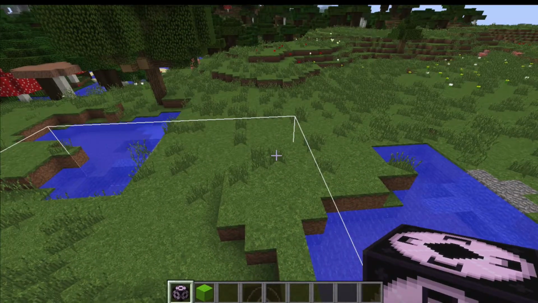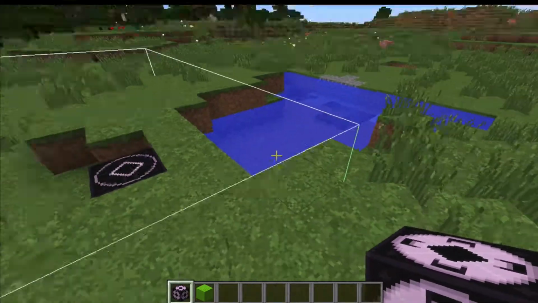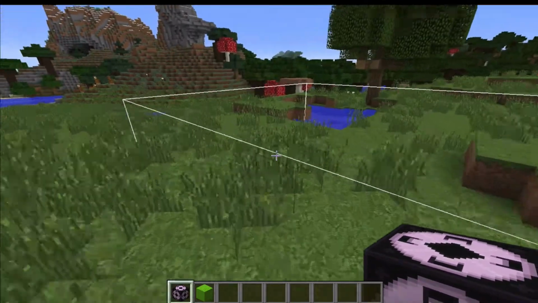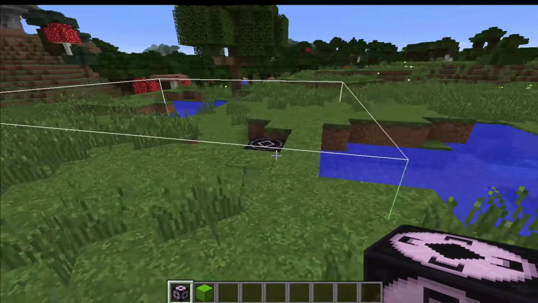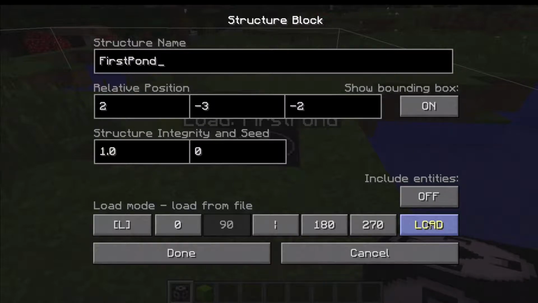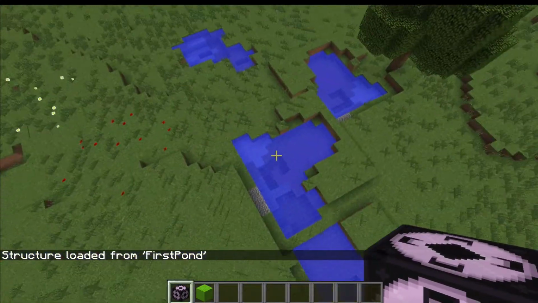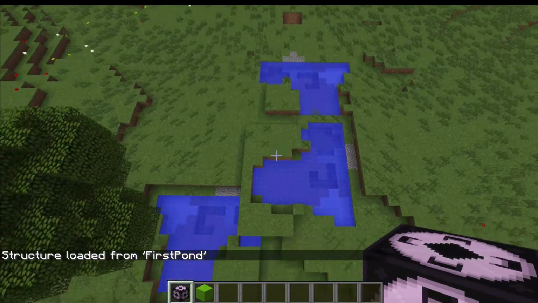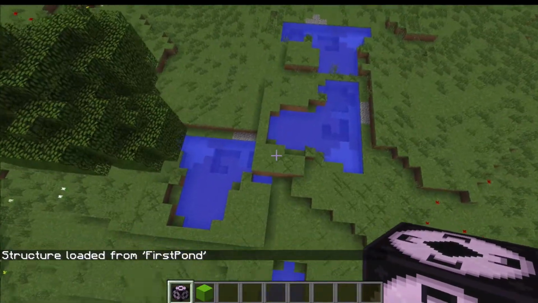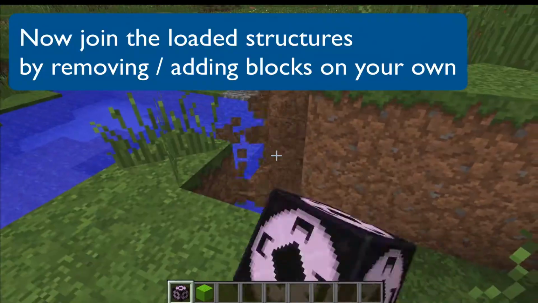Remember the first layer that we made was for the grass. And I think this is working. Let's hit load. And yes, I like the way this is coming together. All right, so now at this point, what you can do is do your own